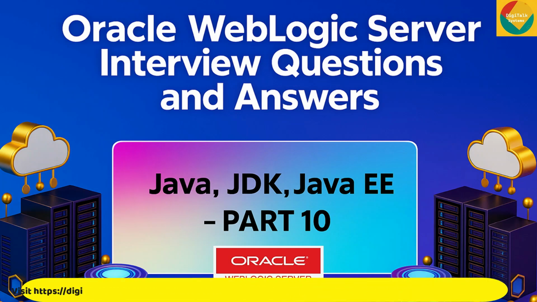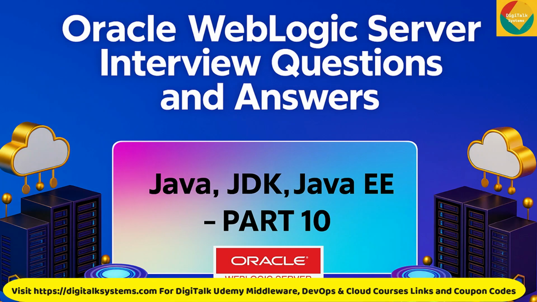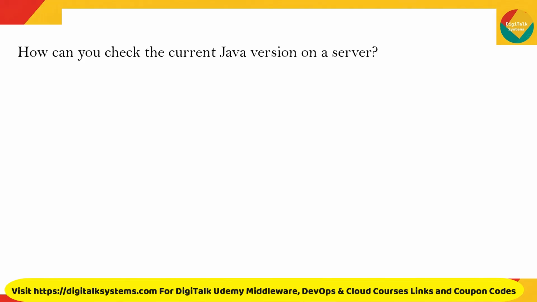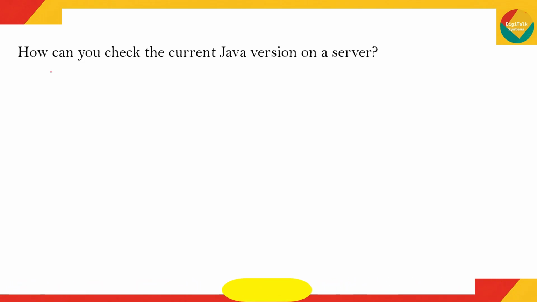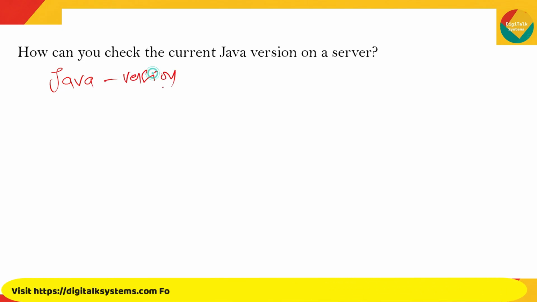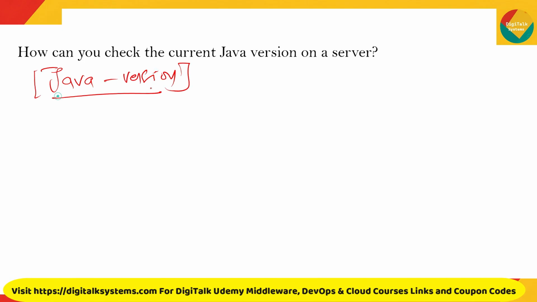So in this session we are going to cover the Java related interview questions and answers. The very first and very basic question: how can you check the current version of Java in a server? For that there is a very basic command called java -version. You have to run this java -version command and this will give you the current version of your